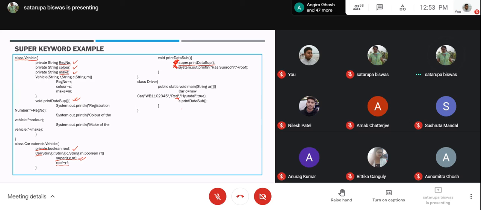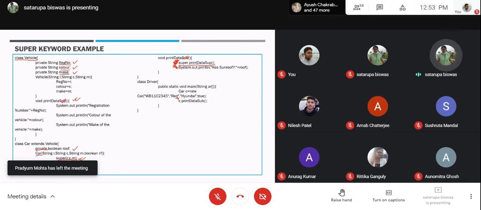But if you get rid of this sub and super, then both the functions will have the same name, and then there will be a problem. The problem we will discuss in the next class. But if you don't want, you need not use this super dot, and we can use it in this way. This is one example.